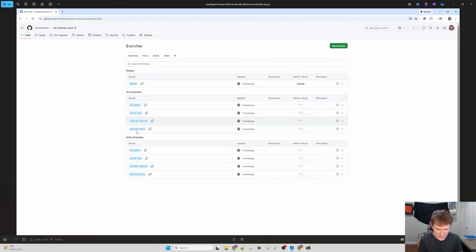I forgot to mention that part. So GitHub worktrees is essentially making a duplicate of each of the main, if you know anything about Git, your master branch or your main branch, you'll make branches for all the agents to work in, and then they're all on your hard drive at once.